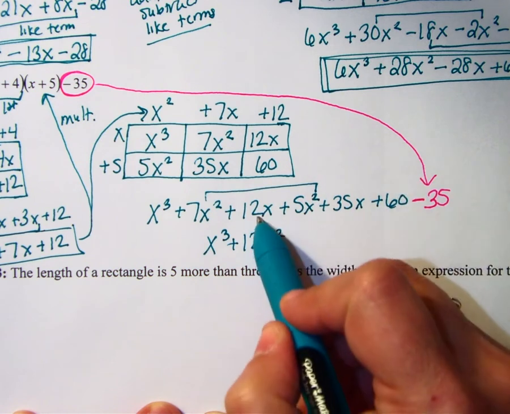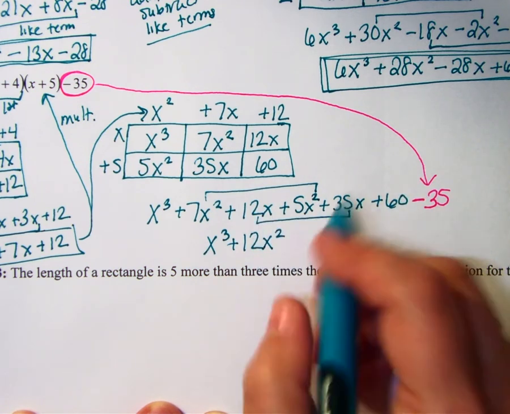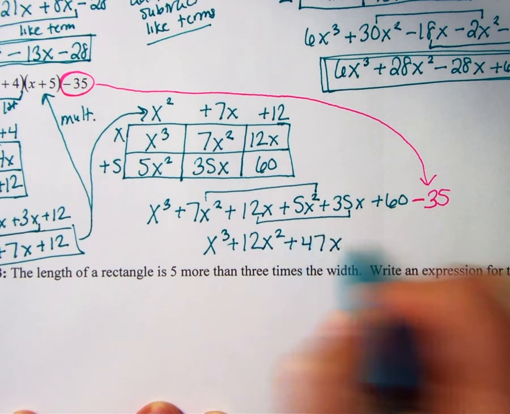I got a 12x and I got a 35x. Both are alike. 12x plus 35x gives me a grand total of 47x. And then look,